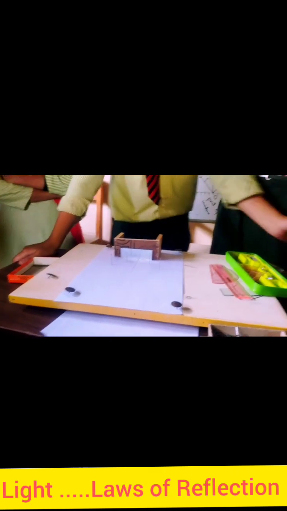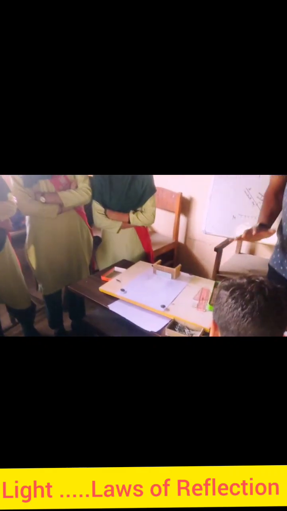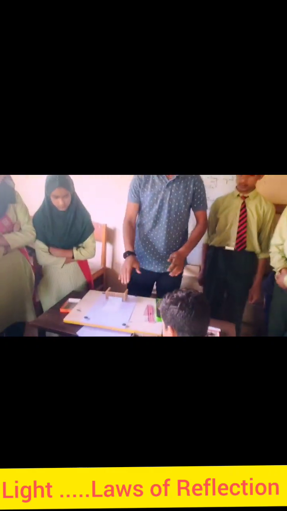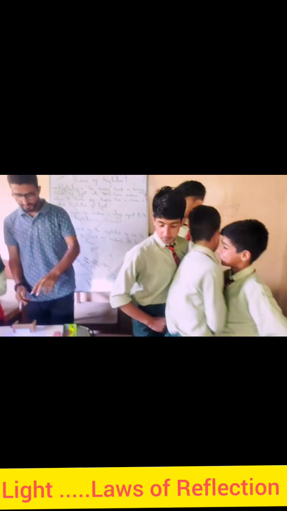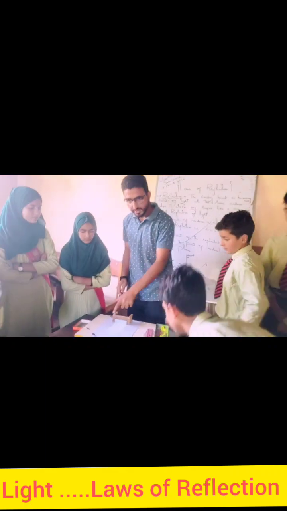Now you can check it one by one. 2-3 students I need here. Check whether these 2 pins and the images of these 2 pins are in the same straight line. You check it. I can change the place of the pins here as well, if they need. Okay, one more. You check it. Sajid, आप चेक करो. ये जो 2 pins हैं और images of ये 2 pins, they should be in the same straight line. Are they? और एक गर्ल स्टूडेंट.